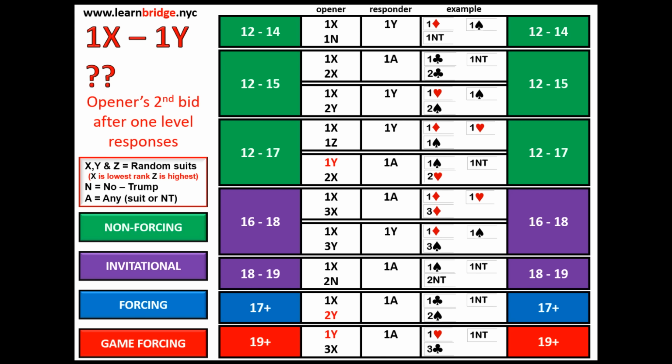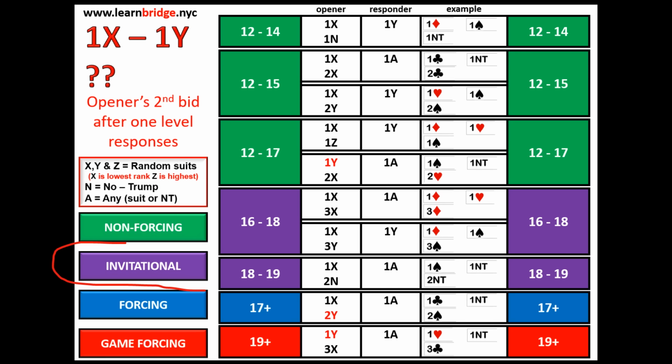I want to just poll the audience here, and I want you to let me know if this is making sense to you. If you're confused about anything that you're looking at, please type a question into the chat, and I'll give you a couple seconds to do that, and then I'll just jump on to the next section of the chart. I just want to make sure you guys all have a good understanding of how to use this, and you can feel free to give it to your friends at the club. Do whatever you want with it. It's a very good way to kind of have a little memory tool to let you know what each of these rebids are going to mean when you make them. I'm not seeing anybody type anything in, so I'm going to jump to the next section here,